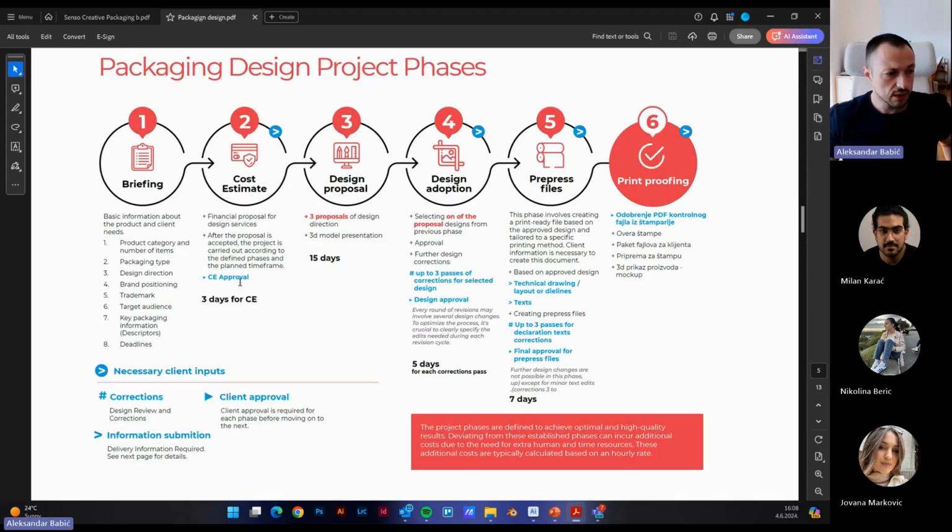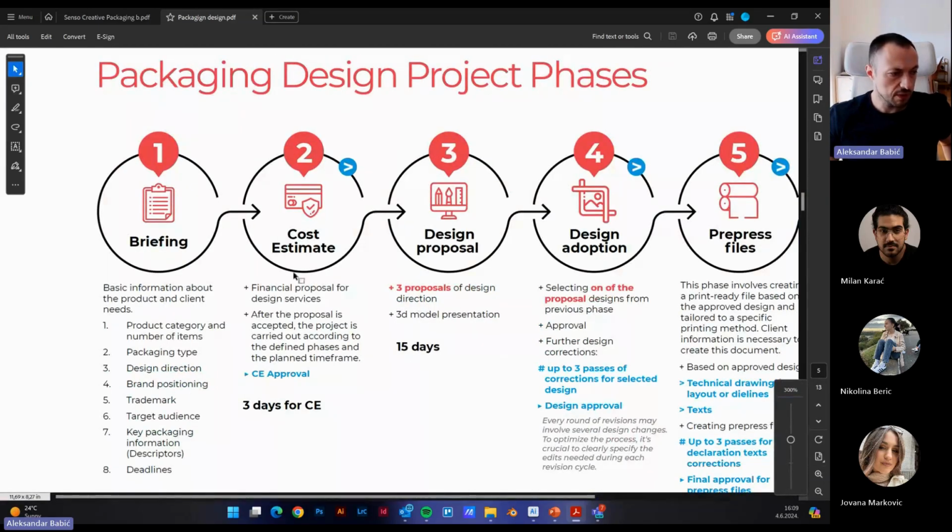So when the client looks at this whole process and sees this blue text and blue icons, it means that in these phases they need to give us some very important information so we can proceed with the design. For example, here, of course, after taking a look at the brief and everything, we are making a cost